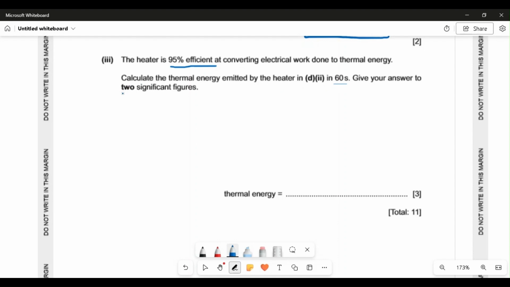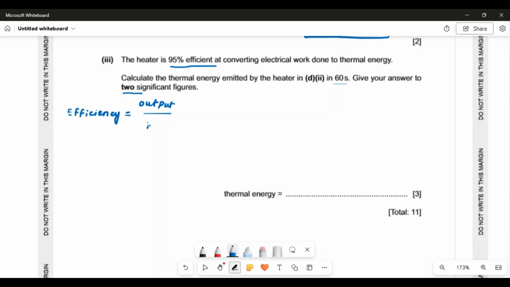Give your answer to two significant figures. First of all, we know that efficiency is equal to output work